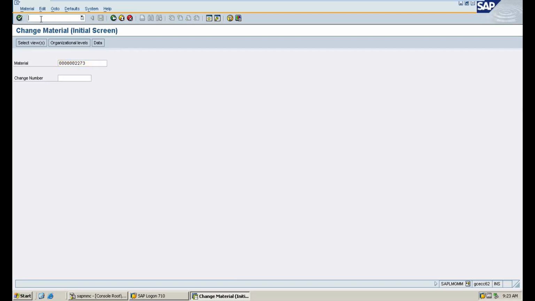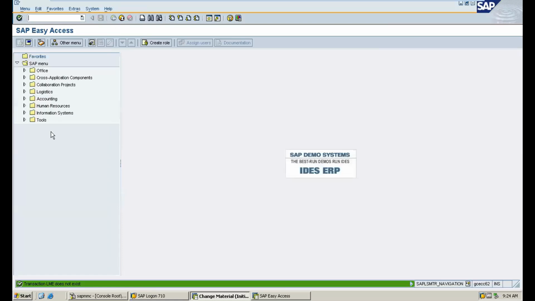Now I want to check the calculation schema, whether I have the conditions available for the import procurement, which is for customs. Go to /n OLME, which is purchasing. Here go to the conditions and check for the calculation schema.